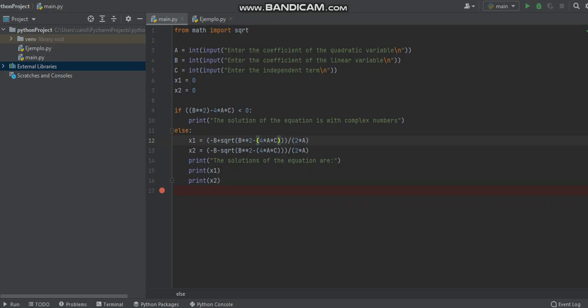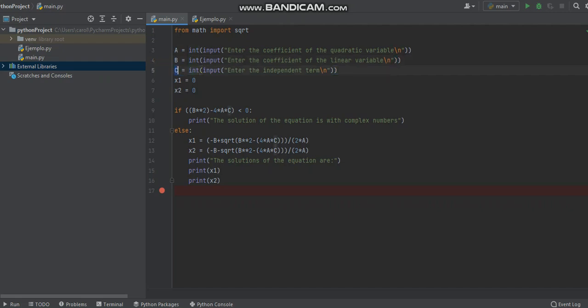This variable a is equal to int input, that is, I am going to enter data by keyboard, but I want it to show me a message on the screen beforehand, and what is going to be received is going to be an integer. This is to enter data by keyboard, and this to indicate that what is going to be entered by keyboard through the input is going to be an integer. So here I say type the coefficient of the quadratic variable. Here I type the coefficient of the linear variable